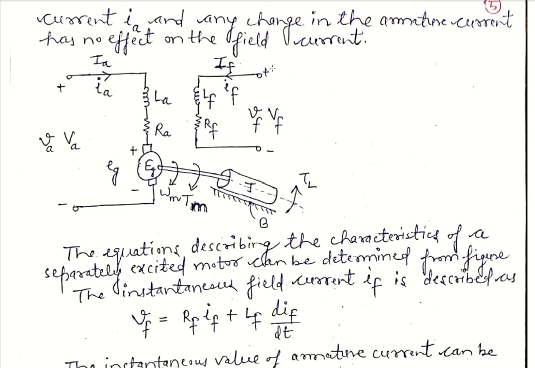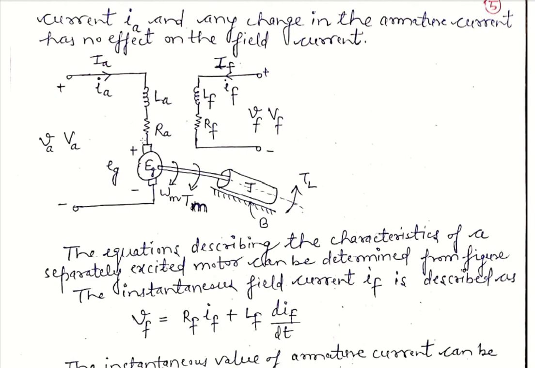This separately excited DC motor, as shown in the figure, is the equivalent circuit in which we excite the DC motor using a separate arrangement. The subscript F denotes the field winding: voltage VF, current IF, and LF, RF are the inductance and resistance of the field winding. Similarly, for the armature, subscript A is used; LA, RA are the armature inductance and resistance respectively. Two cases of notation are used: the small letters denote instantaneous values, and the capital letters denote steady state values.